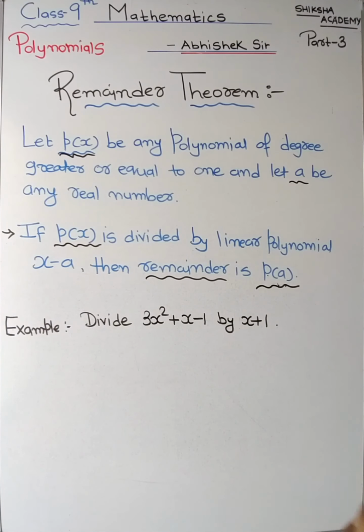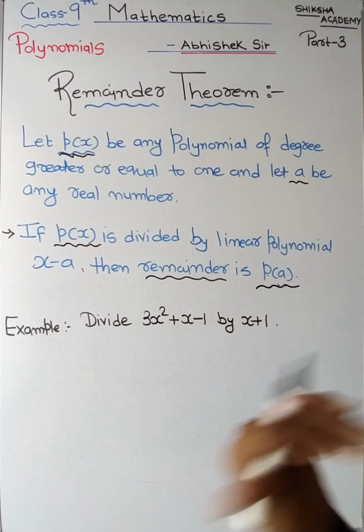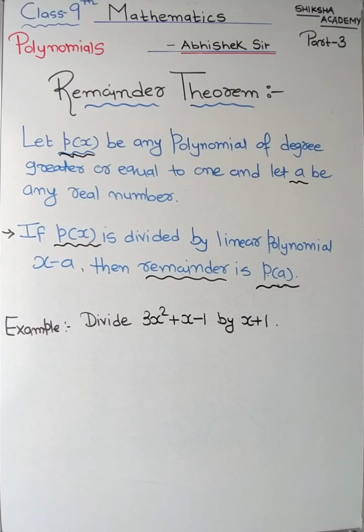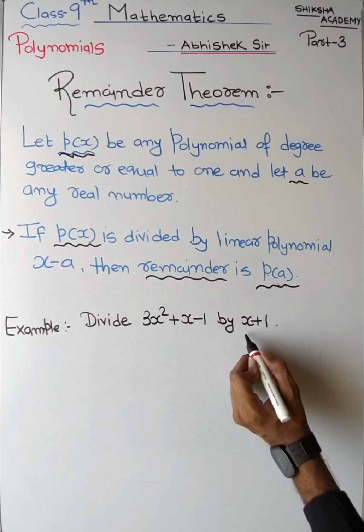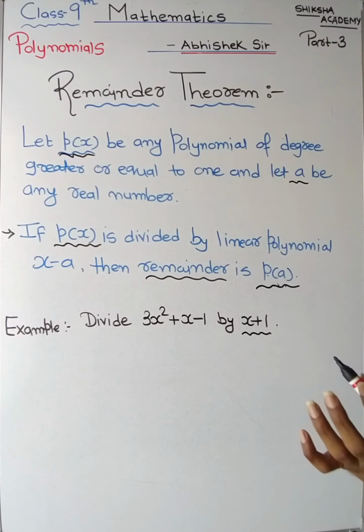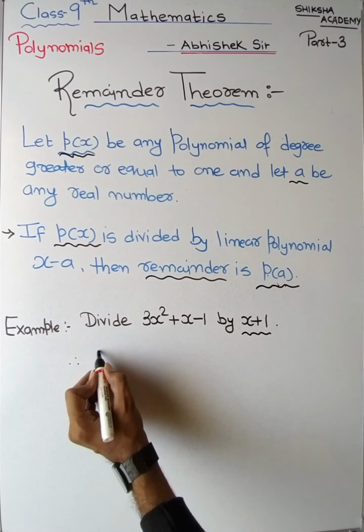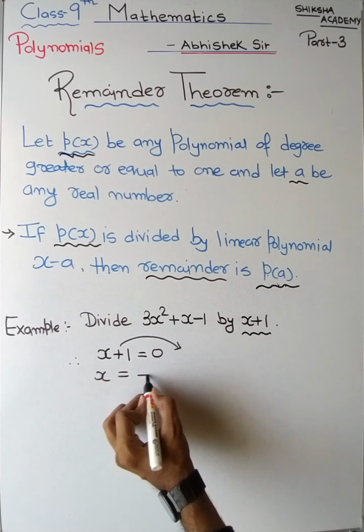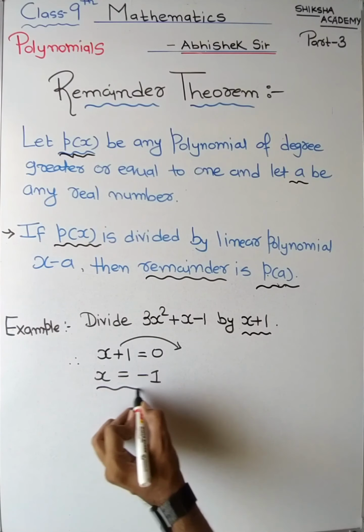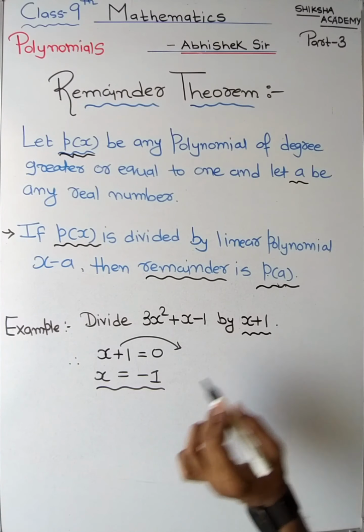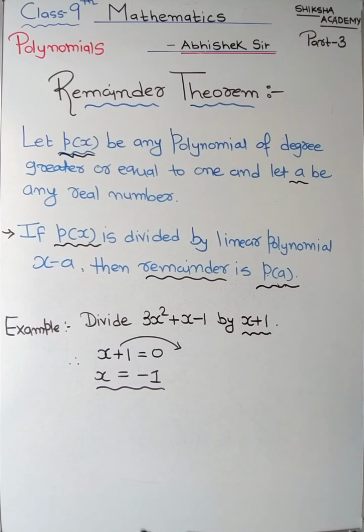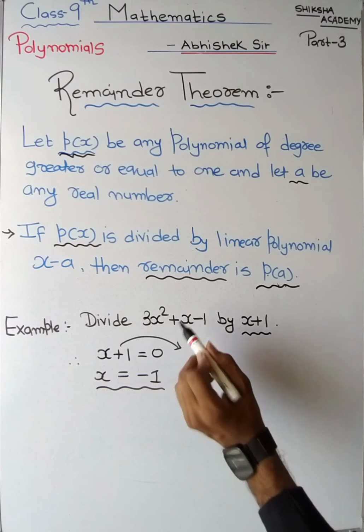Now, based on remainder theorem, let us see an example of how we will use the remainder theorem, and then we might verify that with our old method of division of polynomials, right? So let us start with the remainder theorem. Right now it is x plus 1. The first step is compare x plus 1 with 0. Plus 1 will go on this side, becomes minus 1. Okay, so let this be the real number which we are going to put in the polynomial.